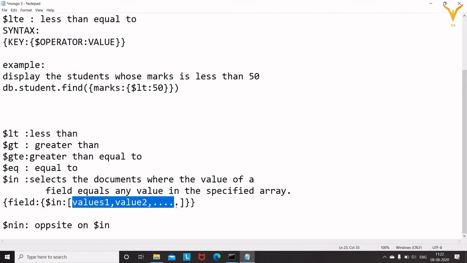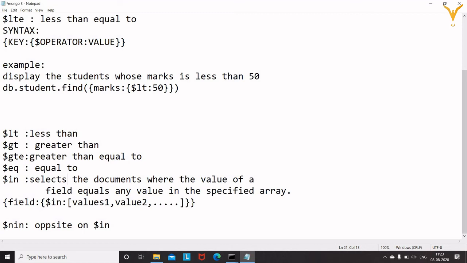If the value matches which we have specified in the array, then it will display the documents which match the values specified in the array. So this is how the in operator works.